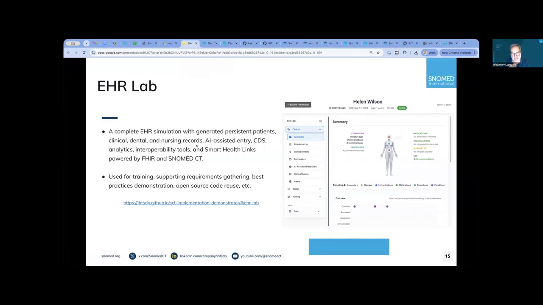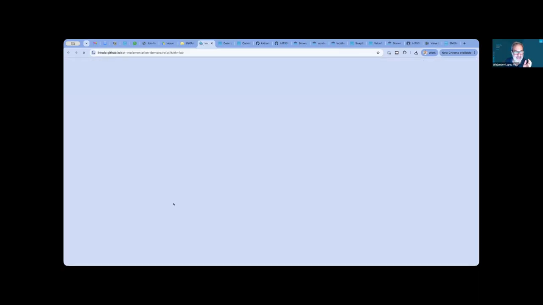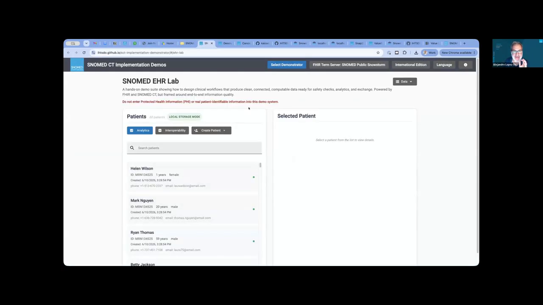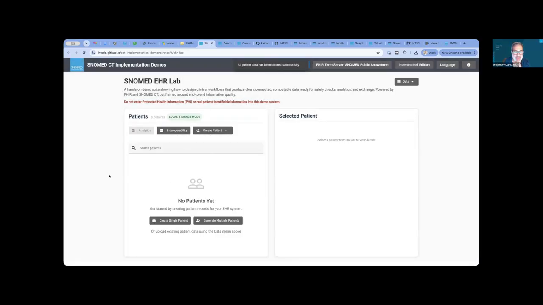This is the most complete one that we have, and it follows the same paradigm. This is an EHR created for demonstration purposes. So you have a data button. I will clear all the patients. The information here is stored locally. Local storage means that it's stored in your browser. So if you go in, you see it empty. You create a patient, and your colleague on the computer next to you will still see it empty, because the information is not submitted to the system. It's only stored in the web page itself, in your browser.